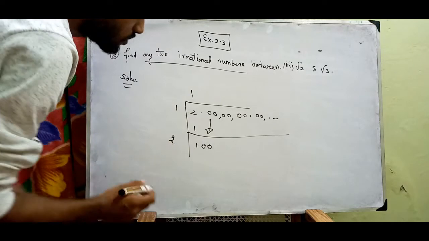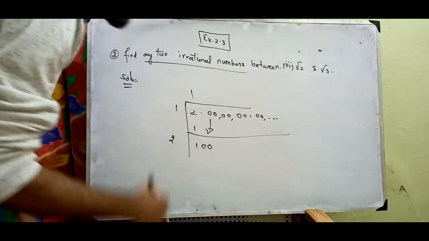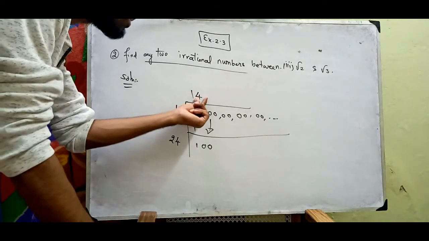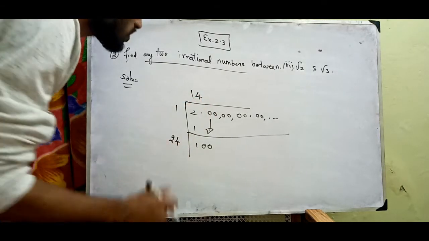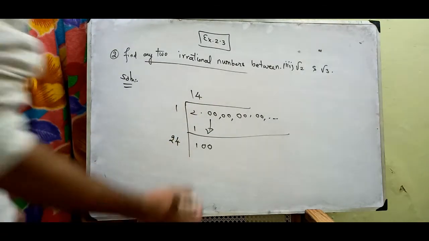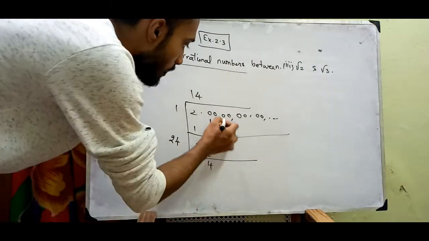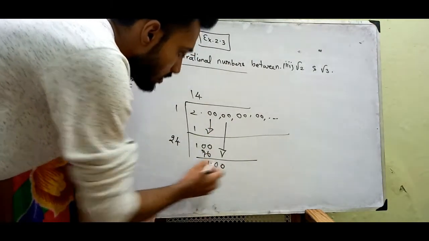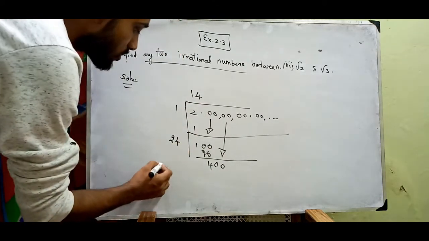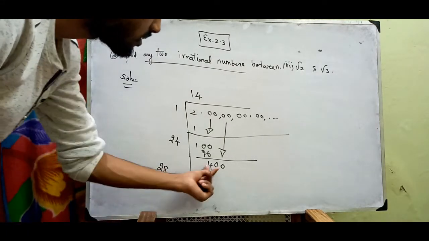1 plus 1 is 2, and then 25 times 5 is 125, it exceeds, so that's why I'm just removing one number from 5, that is 4. 24 times 4 is 4 2s are 8, 80 plus 16 is 96, and then remainder is 4. Then this 20 will come up here. Okay, so 400. 24 plus 24 was 28, and then if I take this one digit here, I'm going to